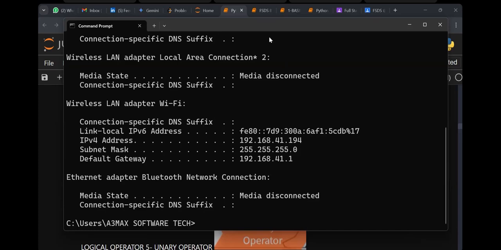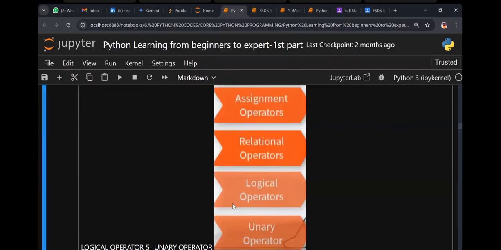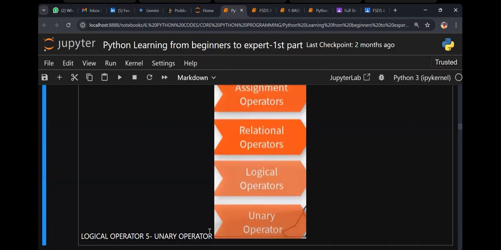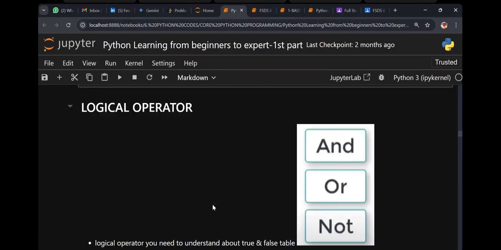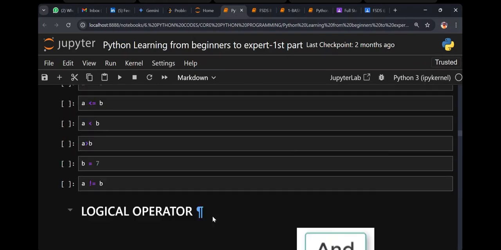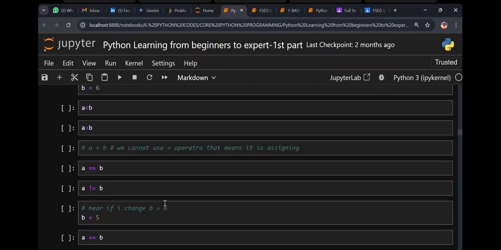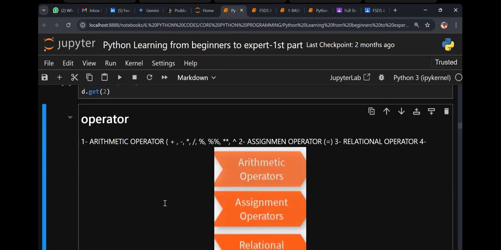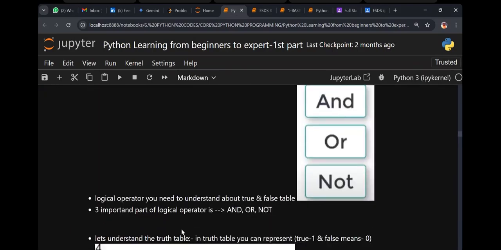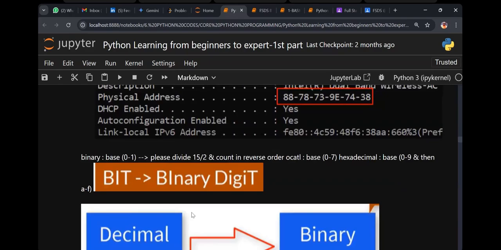Next part. So where do we use binary number systems, guys? In your IP address, guys. While you check your IP address, you got all these different IP addresses or not? Okay. Now just go here, truth table. Wait. Relational operators. This is the truth table. One moment. I want to show you some of the number system graph.